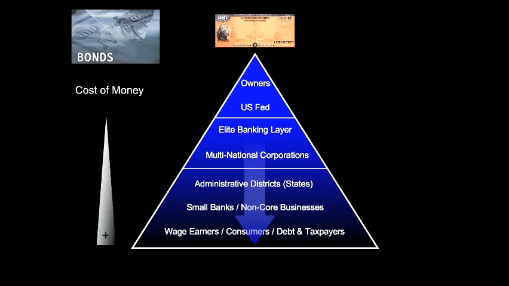Power and control is established by the bond market's hierarchical debt system. The lower you go in this pyramid, the higher the cost of money. So the Fed issues money for free. Cartel banks create money for minimal cost, depending on the Fed's policy, which is right now less than 1%. And then each layer of this pyramid has to pay more in order to get money, to the point where individuals at the bottom have to pay around 29% in this current market for credit card money.